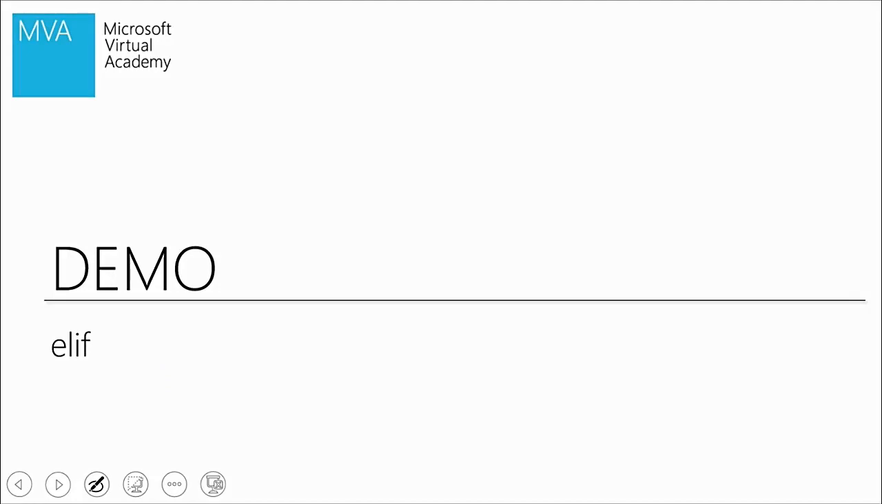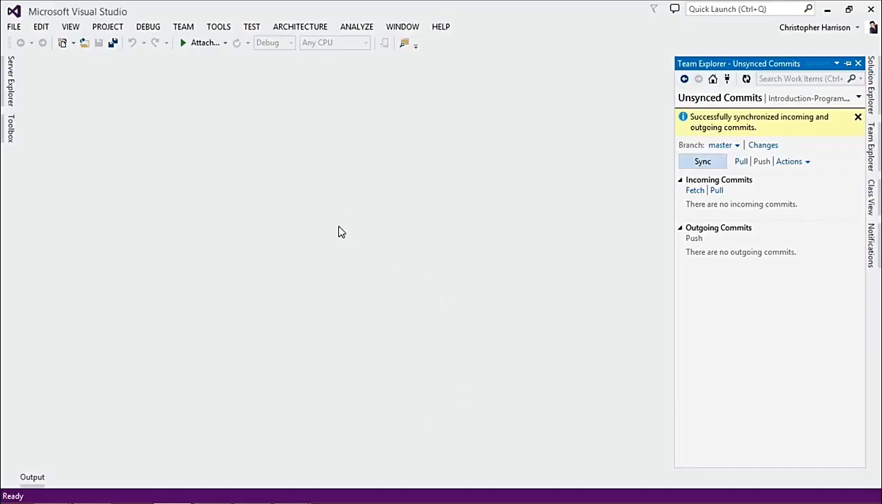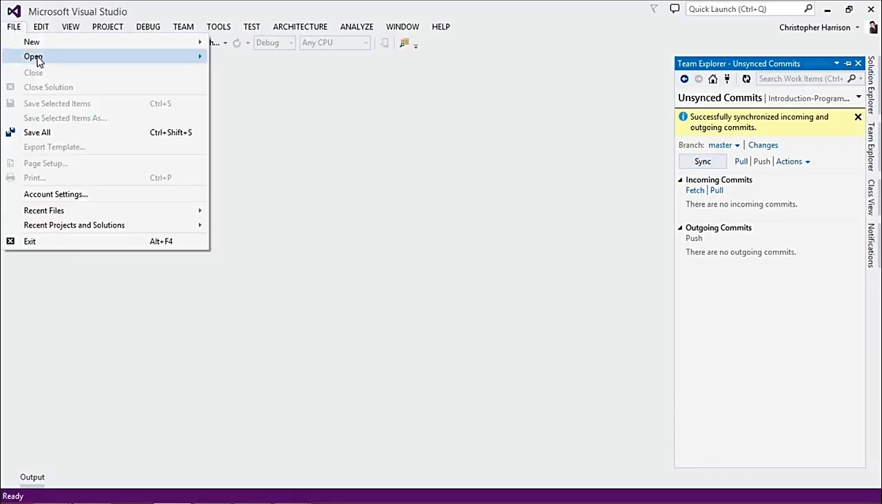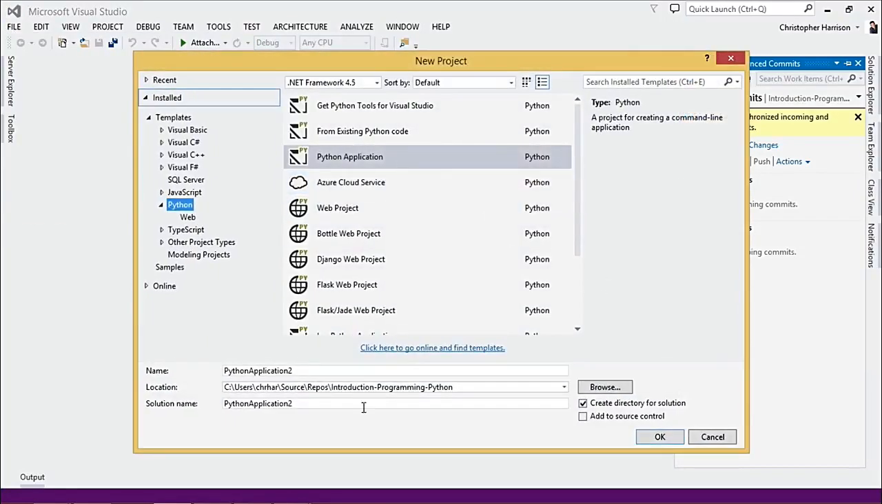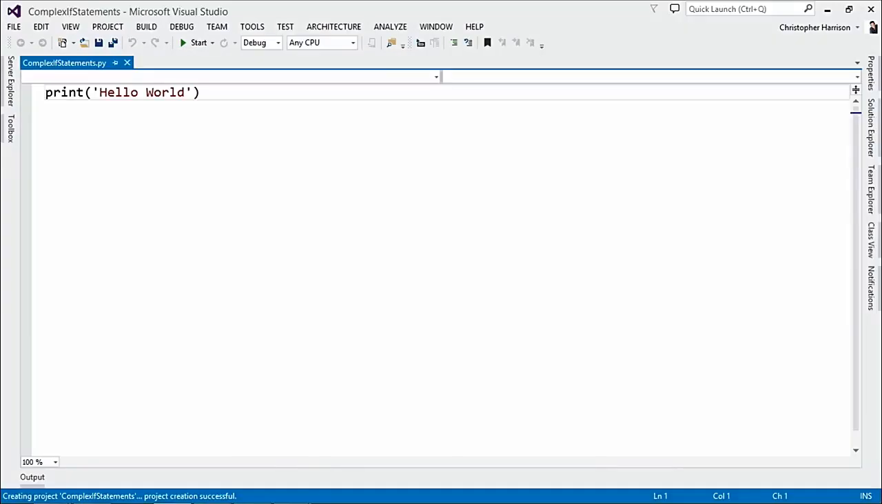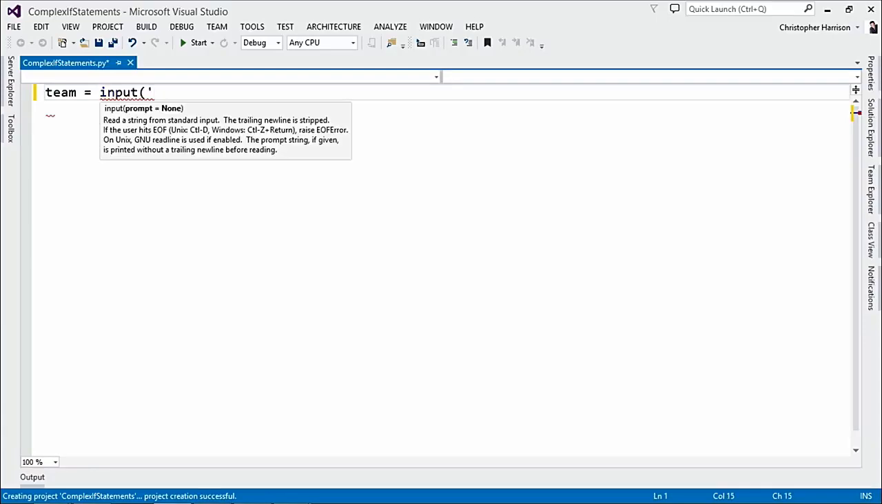So let's go in and take a look at a little demo here on our elif. And what I'm going to do is open up Visual Studio. There we go. And let me do file, new project, and Python. And let's go in and do complex if statements. And you know what? Let's go ahead and keep having fun with the hockey from before. All right. Go Sens. So let's go ahead and say team equals, and then we'll say input, enter your favorite